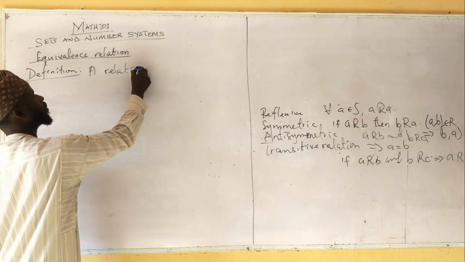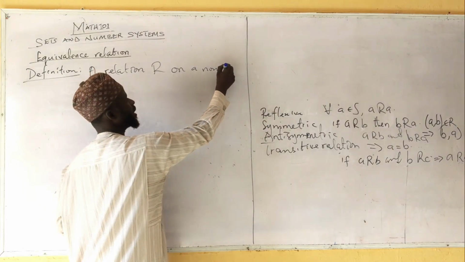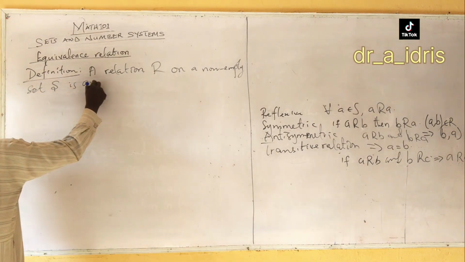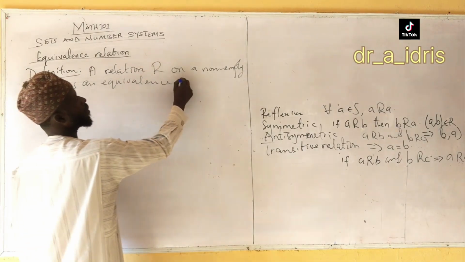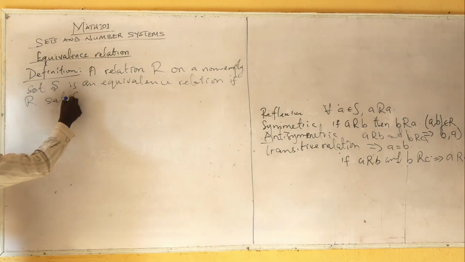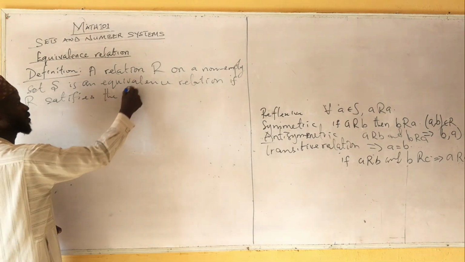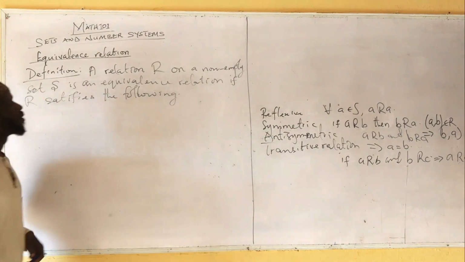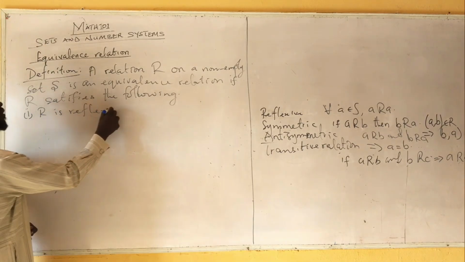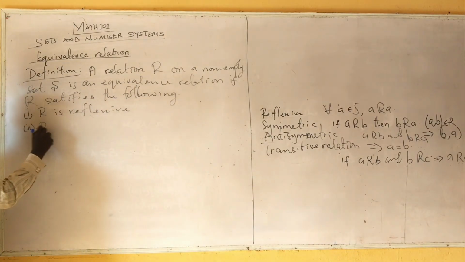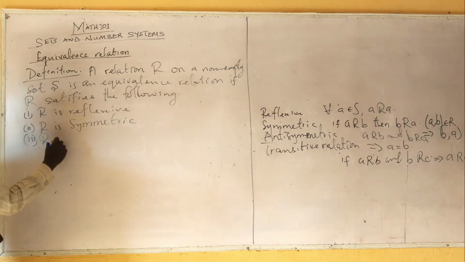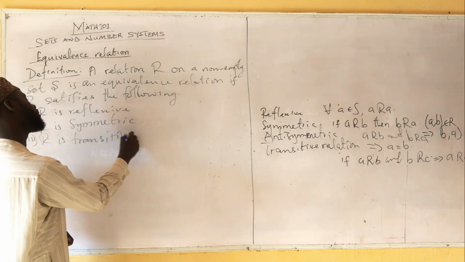A relation R on a non-empty set, call it S, is an equivalence relation if R satisfies the following. 1, R is reflexive. 2, R is symmetric. 3, R is transitive. That is,